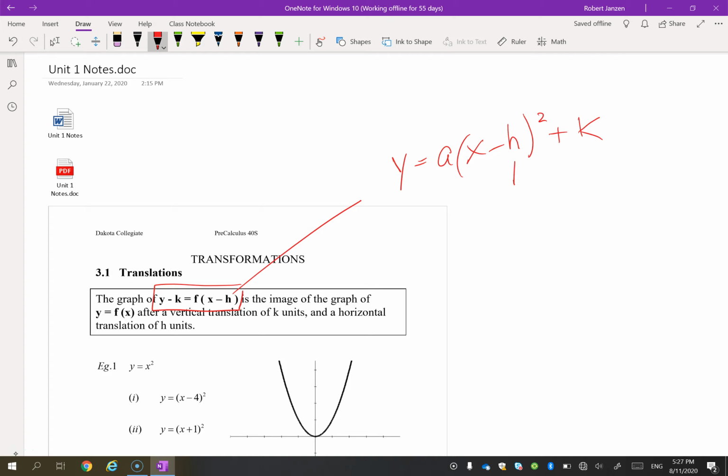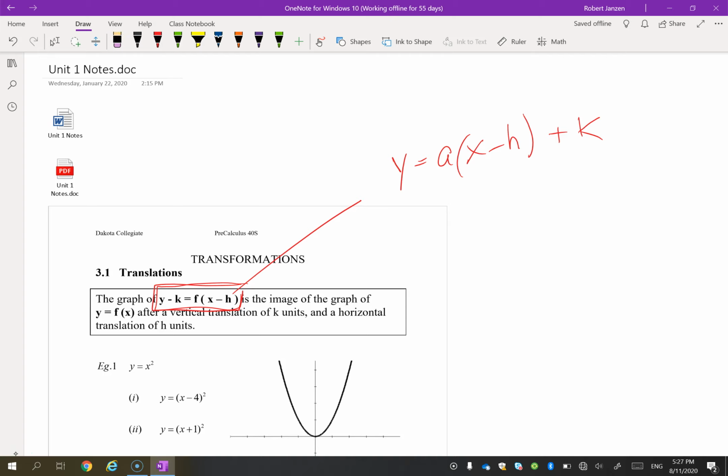If you remember what this H did, it moved the parabola side to side. If you remember what this K did, it moved the parabola up and down. Okay? And if you remember what A did, that affected the width of the parabola. Okay? So this equation you see here is really the same thing, but instead of talking specifically about a parabola,